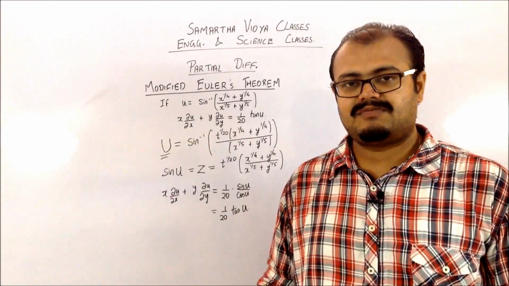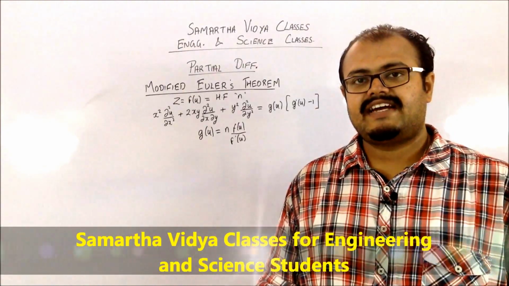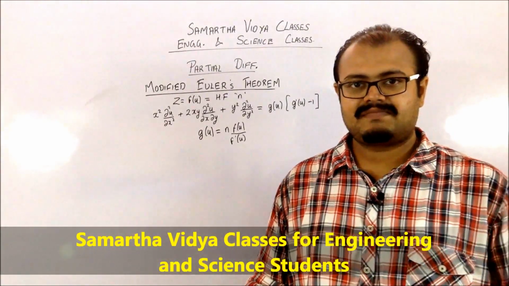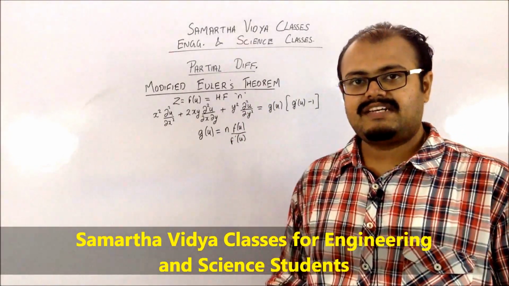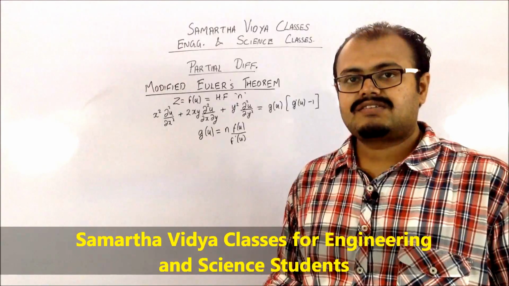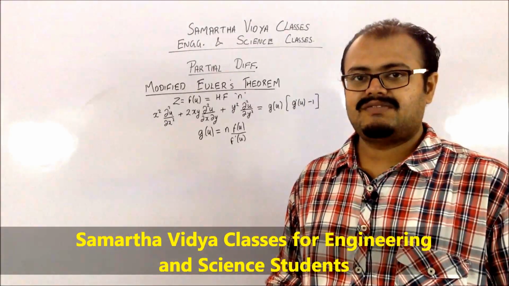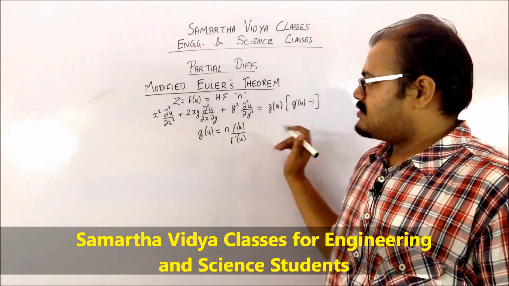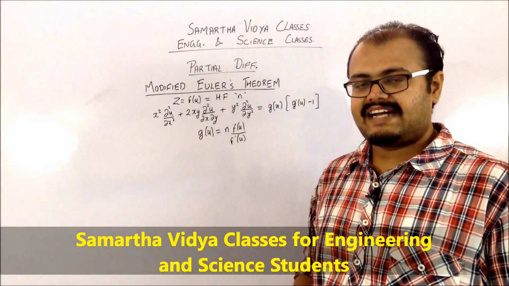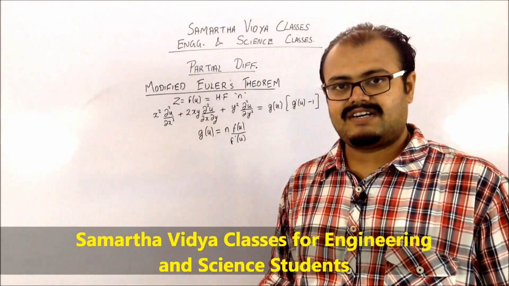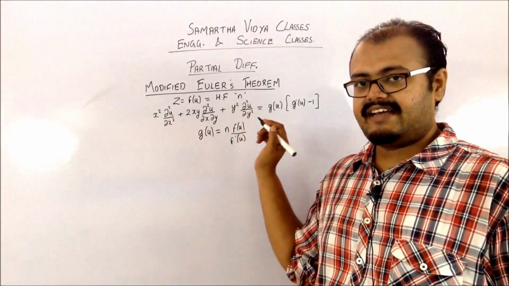There is one more type of modified Euler's theorem which we are going to see. Just like for Euler's theorem, we had the double derivative terms equation, for the modified Euler's theorem I also have the same double derivative terms. So this particular statement can be considered as corollary 3 for Euler's theorem. So you have the same statement, that is z is a function of u and it is also a function of x and y, which is basically homogeneous with degree n.